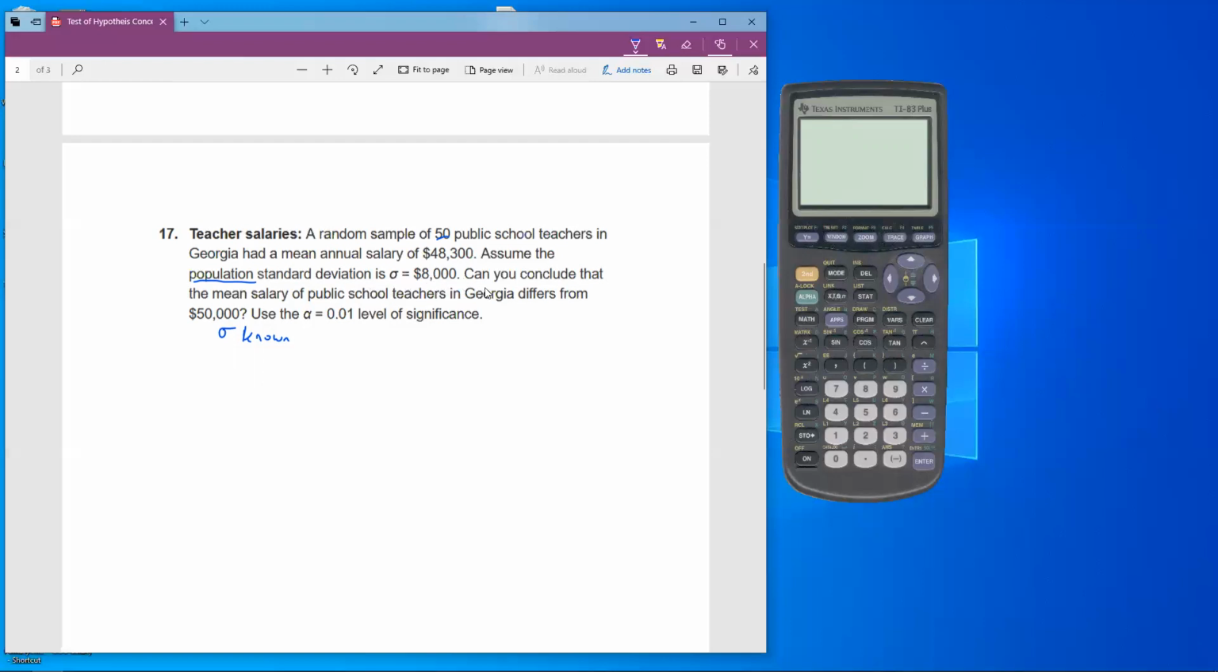Okay, so can we conclude that the mean salary of public school teachers is different than the 50,000? Use alpha equals 0.01. So here, they're not saying, is it bigger or smaller? Okay, what are they asking me to compare this to, right? They're asking me to compare this salary to the 50,000. And really what we're trying to do is, are these different enough that I could really see a difference here,